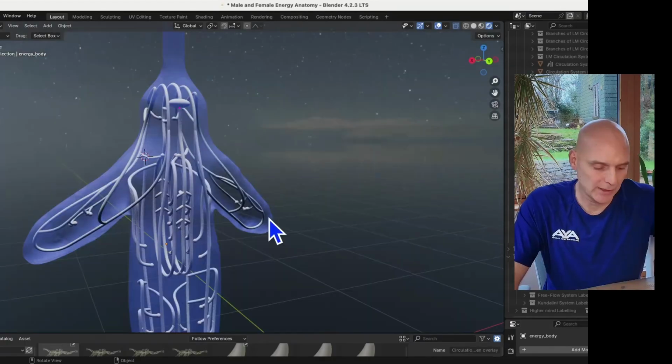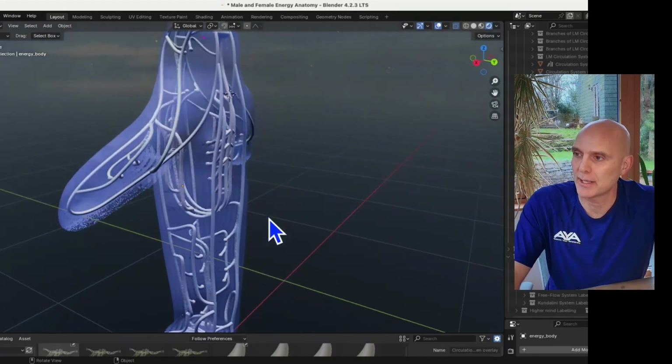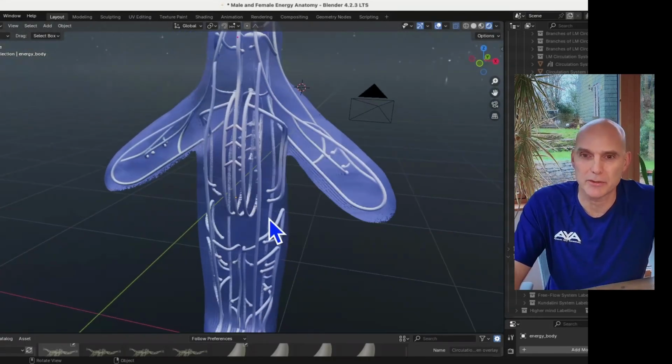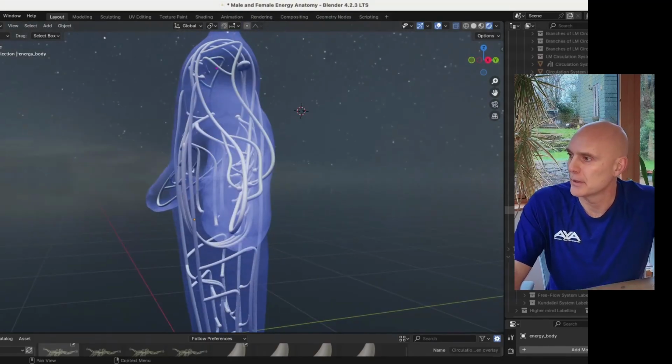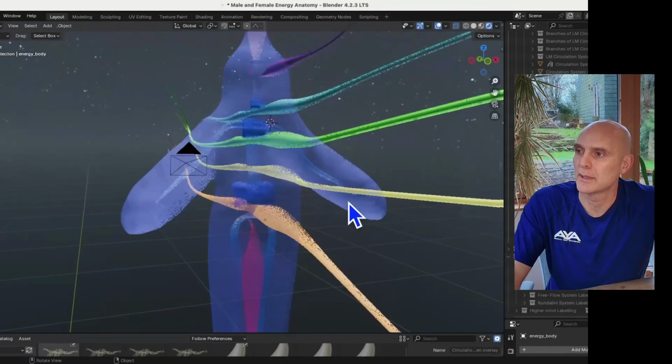System of vessels carrying energy around the energy body and delivering it also to the material body. I'm going to go over that in detail in a bit. And just so that you can see the free flow system. Now the free flow system